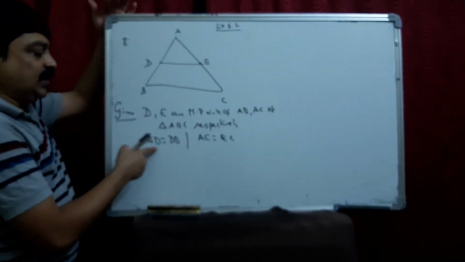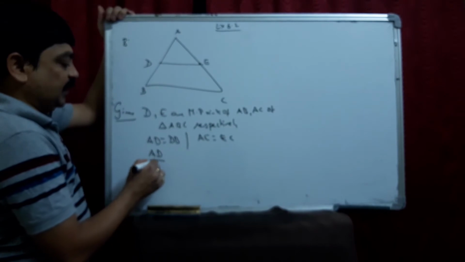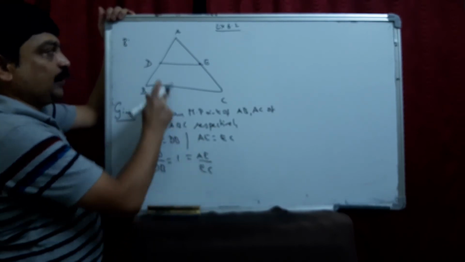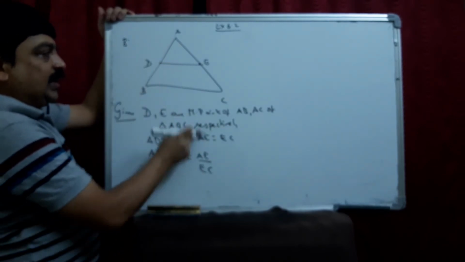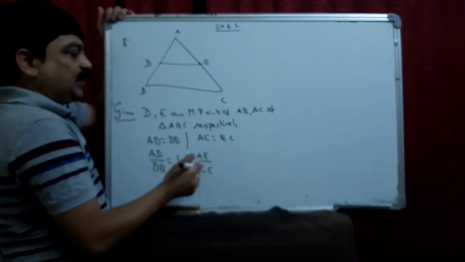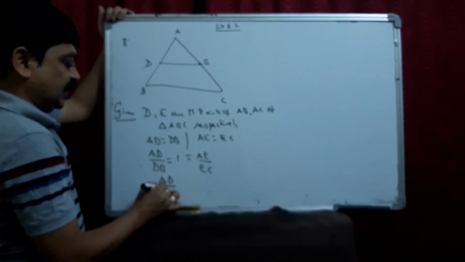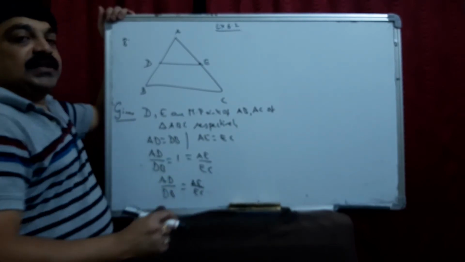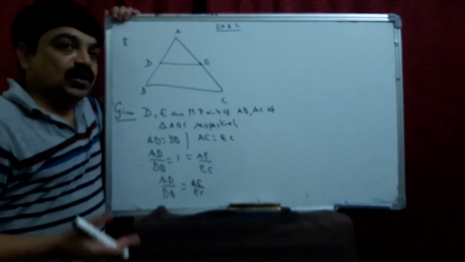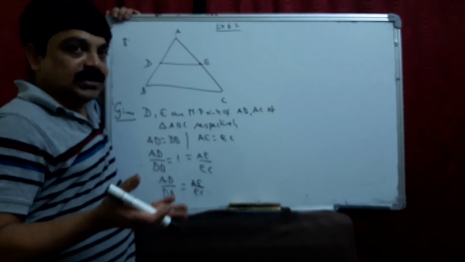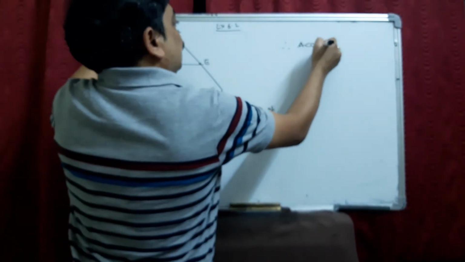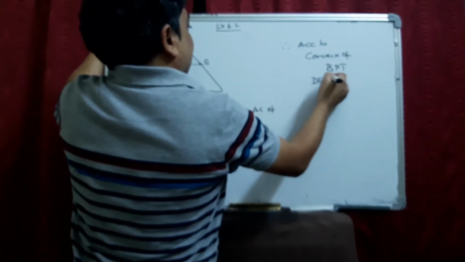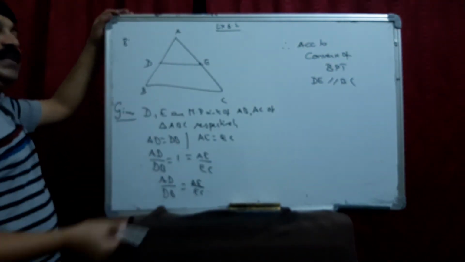Okay. Now when AD equal to DB, what can you write? AD by DB is equal to 1. And this 1 is also equal to AE by EC. So the same ratio is happening, so you can equate AD by DB is equal to AE by EC in triangle ABC. See, the converse of BPT says when the ratios are equal, the line is parallel to the third side. Therefore, according to the converse of BPT, DE is parallel to BC. That's it. Okay.